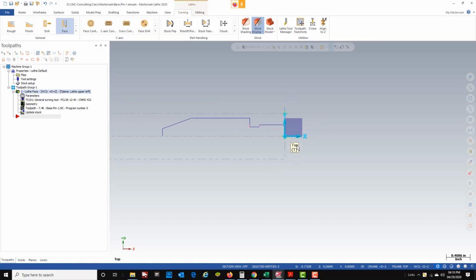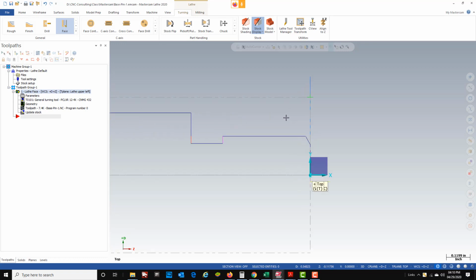Now, I'm going to use that same tool path, and I'm going to rough out just this thread area to start. Now, something you need to know about Mastercam and stock. My roughing program is not looking at this actual stock to make its passes. It's going to look at my geometry. So the first pass it takes is going to be at this 600 thousandths diameter. So it's going to be removing this full 150 thousandths on the first pass, and that's more than I want